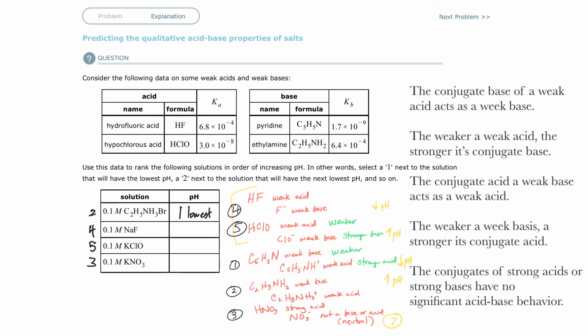Okay. Then 3 is what we have as 3. That's the next one. That will be 2. And then what we have as 4 is the next one. That will be 3. And what we have as 5 will be 4. And it's the highest. So lots to get your mind around here. Lots. But I'll help you if I can.